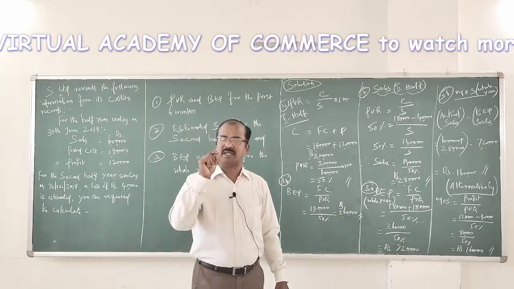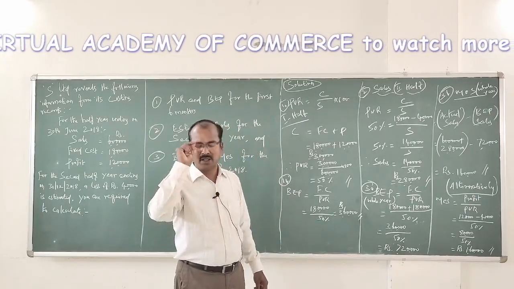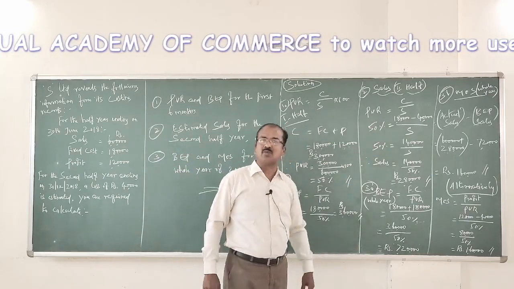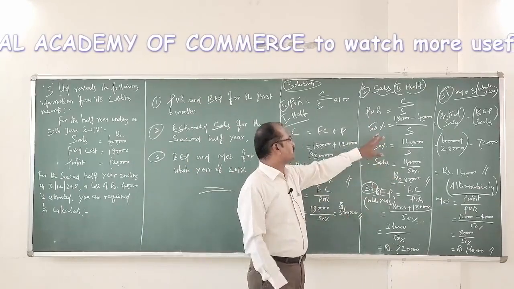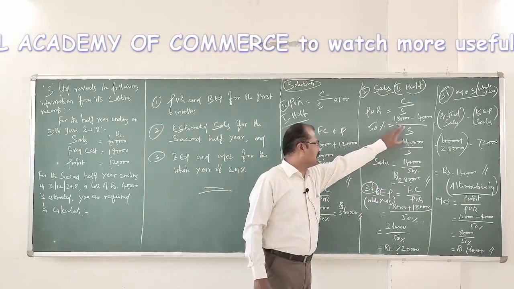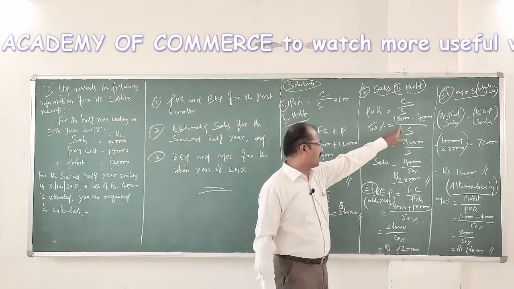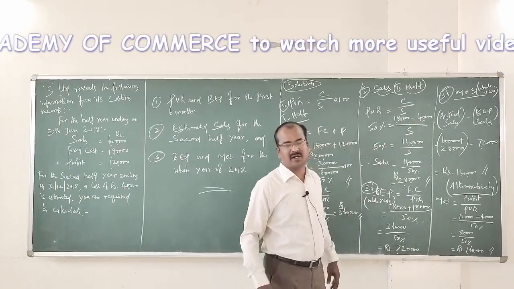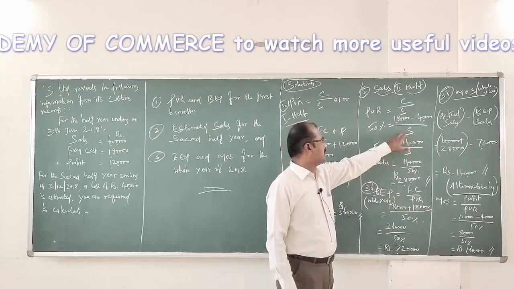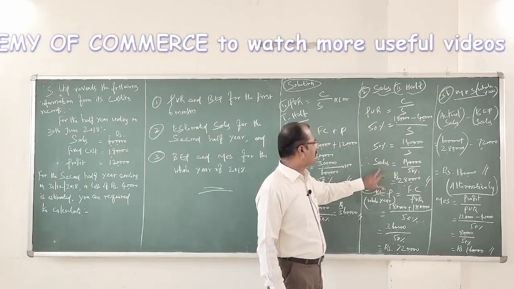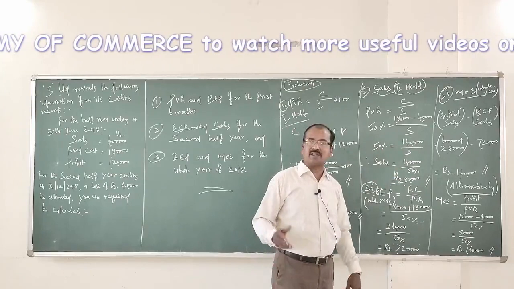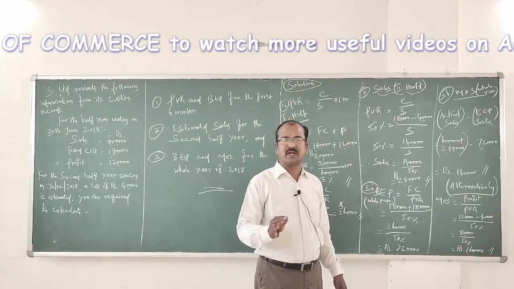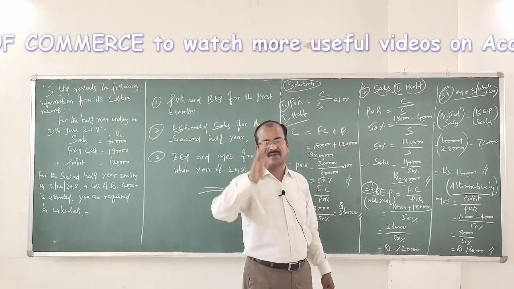That's the idea based on which I have made use of the PVR formula to calculate sales for the second half of the year. Have a look at it. PVR is equal to contribution divided by sales into 100. Now 50% is PVR, and that's how I calculated contribution: fixed cost for the second half of the year 1,80,000 minus loss estimated for the second half of the year, the whole divided by sales. If you simplify this working, sales is equal to 1,40,000 divided by 50%. The answer is 2,80,000 rupees. That is the sales estimated for the second half of the year.